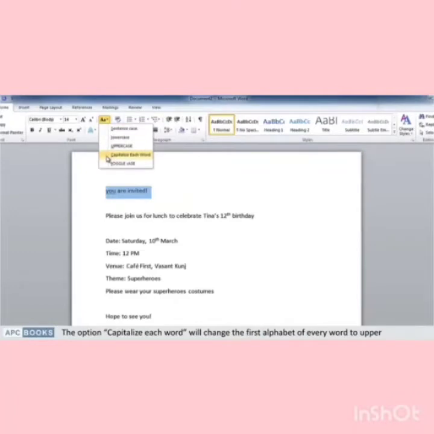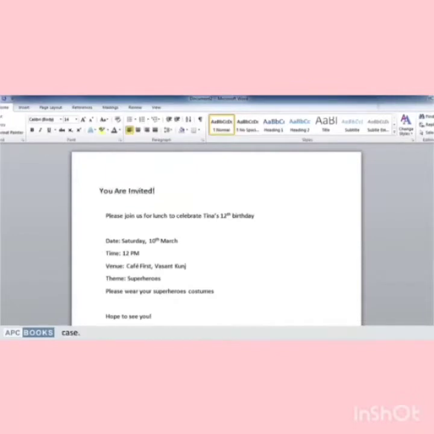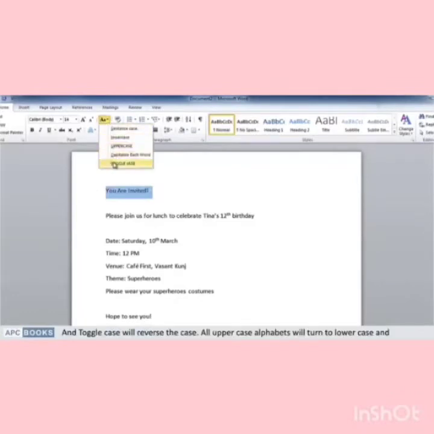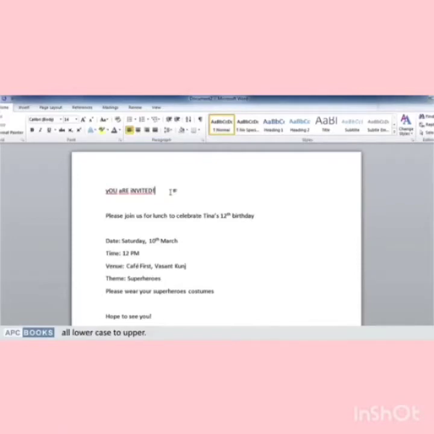The option capitalize each word will change the first alphabet of every word to uppercase. And toggle case will reverse the case. All uppercase alphabets will turn to lowercase and all lowercase to upper. So you see, Word makes it easier to change case without having to retype anything.